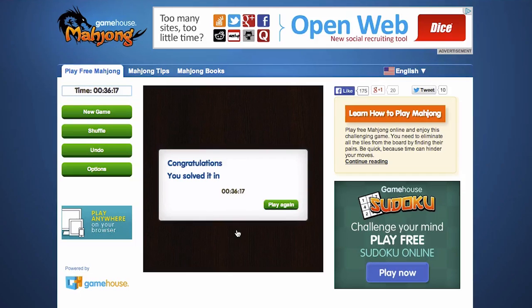So that's a complete walkthrough of how to solve a Mahjong puzzle for beginners. I hope this has been helpful, and I hope that you can use the tips and examples that we've shown here to start to uncover some of the fun and challenge